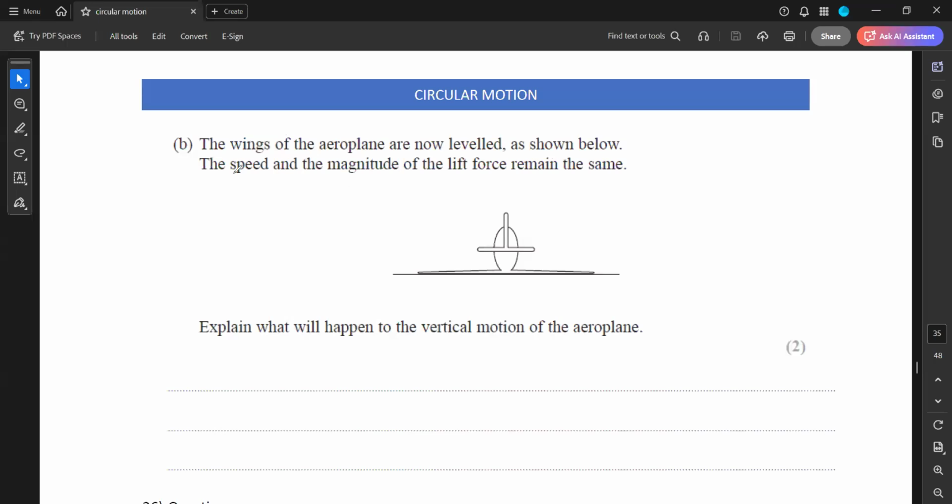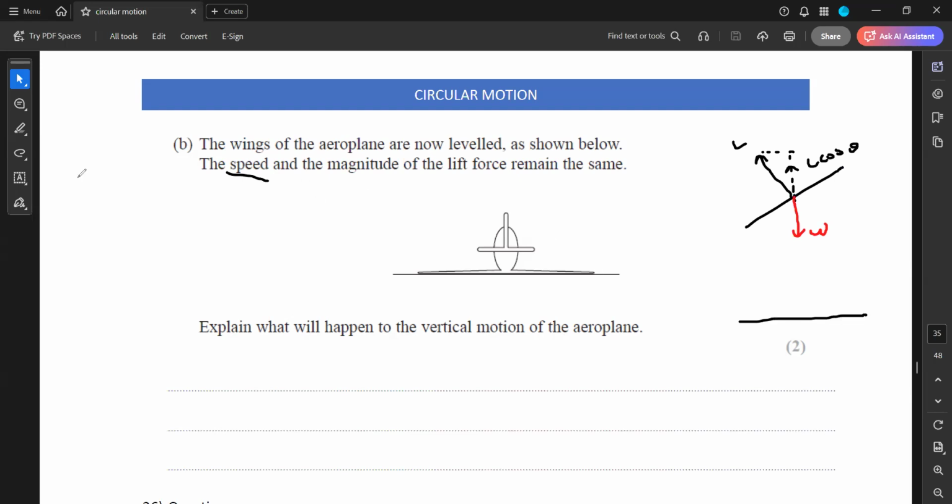Look, in the previous example there was a lift, and the lift had components, and one component of the lift was balancing the weight acting downward. But now, if it becomes horizontal again,